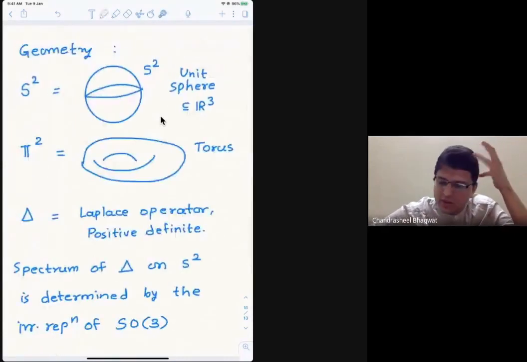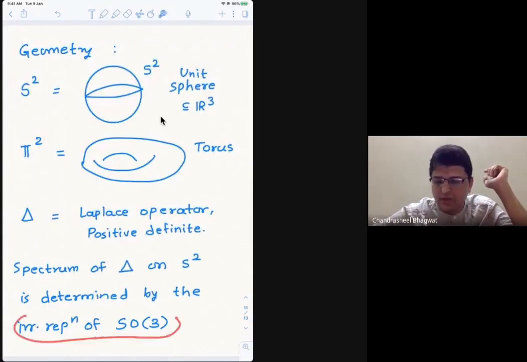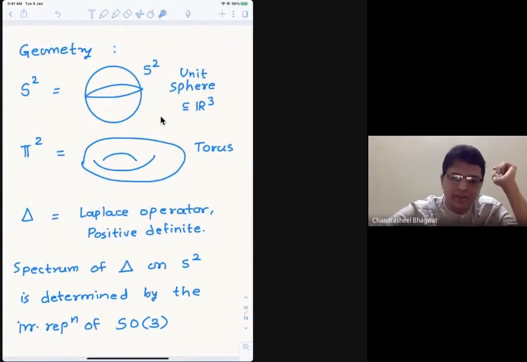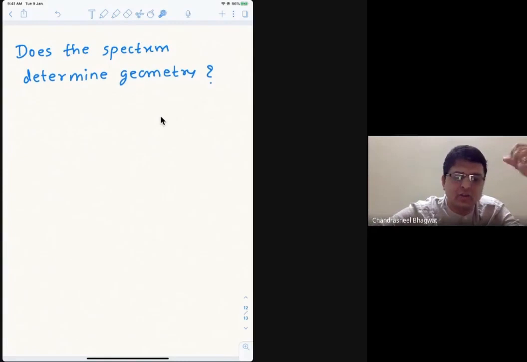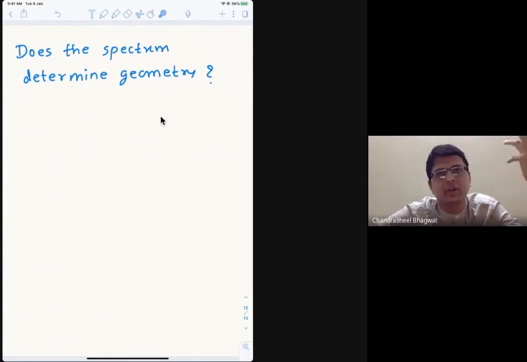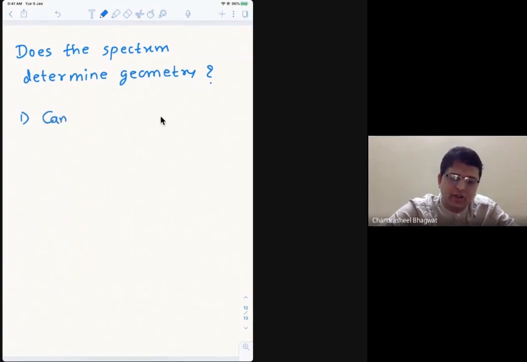Here I said that once you know something about the isometries, or symmetries, from that you can say something about the spectrum. Now you can ask the converse or inverse question. If you have a geometric object and you know its spectrum, what can you say about the geometric aspects of the object? I'll ask a more precise question here, which is colloquial: can you hear the shape of a drum?